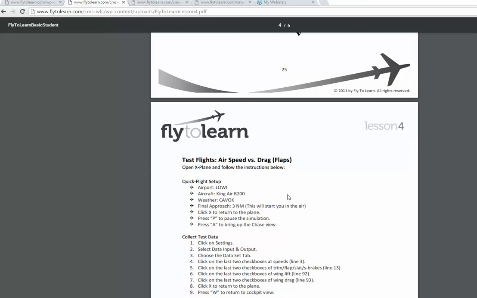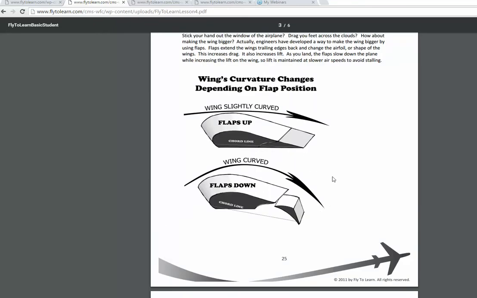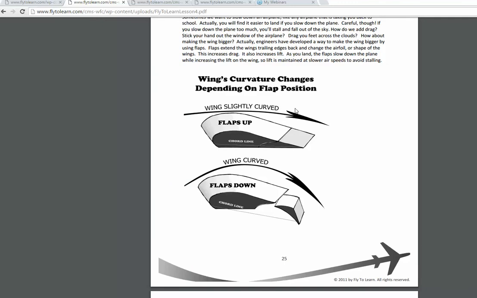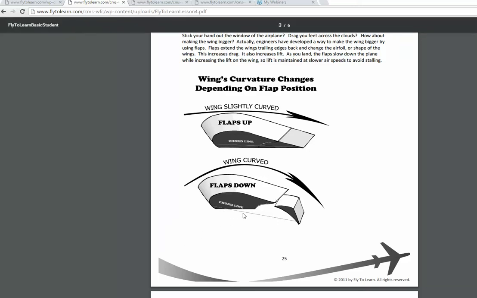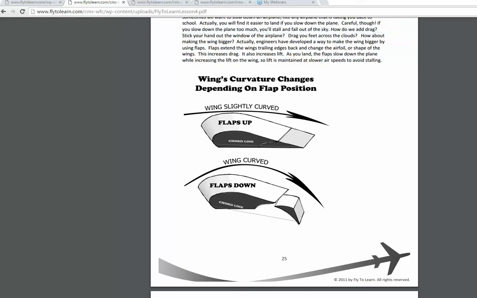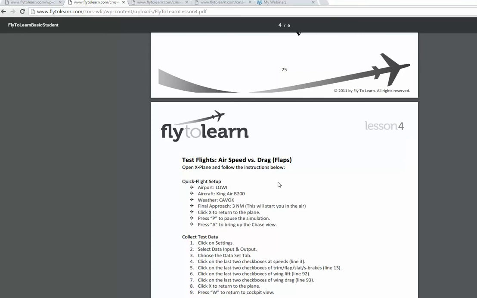Last class we did go over lift and talked about how important lift is for planes to fly. We did discuss the two different theories of what causes lift. One being Bernoulli, which is caused by the top of the wing's air having to go faster than the bottom of the wing's air. And then we also discussed Newton's third law, which is basically every action has an equal and opposite reaction. Air pushes on the bottom of a wing and pushes it up. Right? We discussed the faster you go, the more lift that there will be,